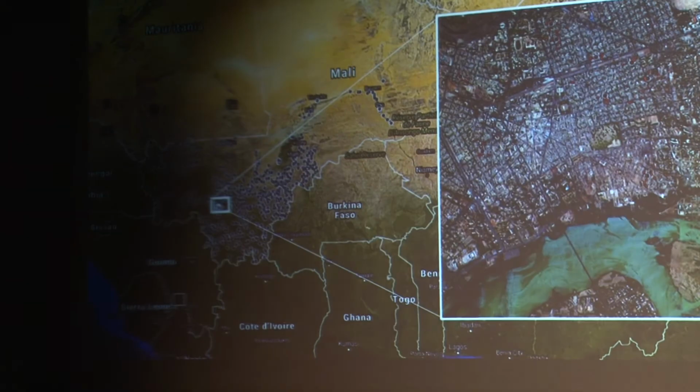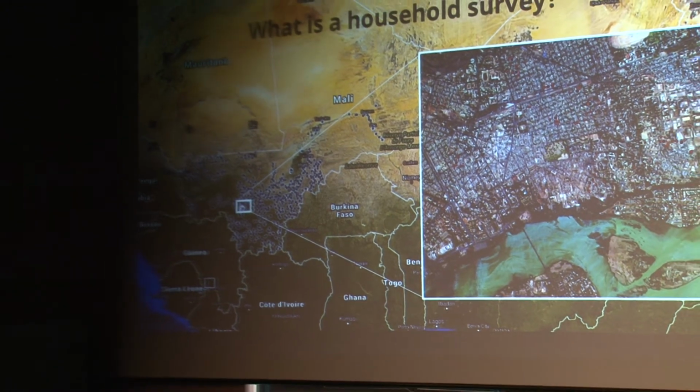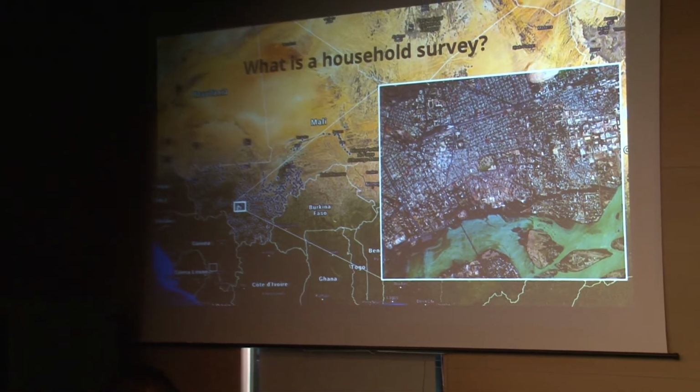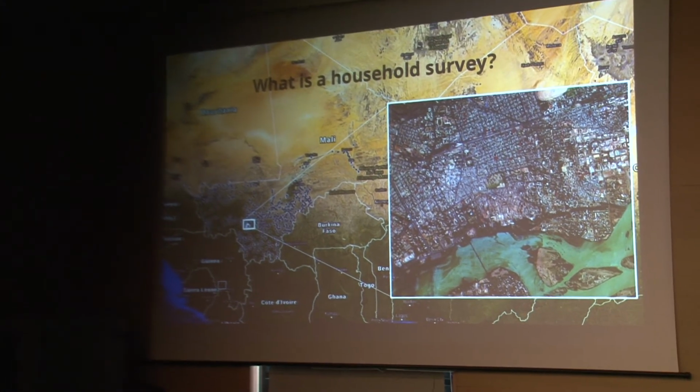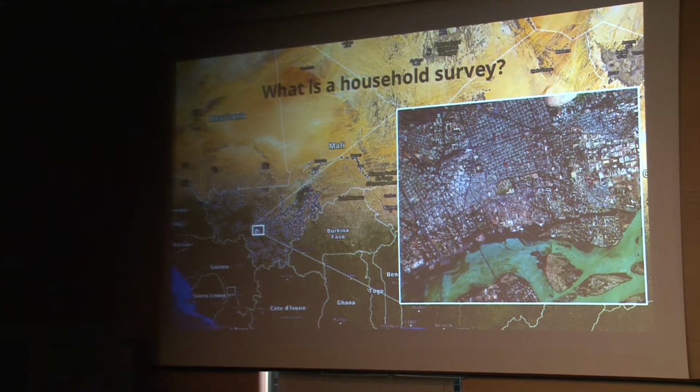So how does it work? A household survey is not a random sampling of a country. It's not a random spatial sampling. You don't go everywhere. You don't send enumerators everywhere in the field. You send them to what we call clusters or enumeration areas. So you randomly select some enumeration areas,